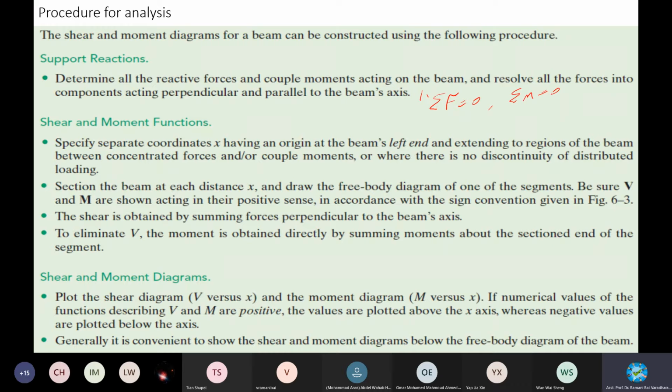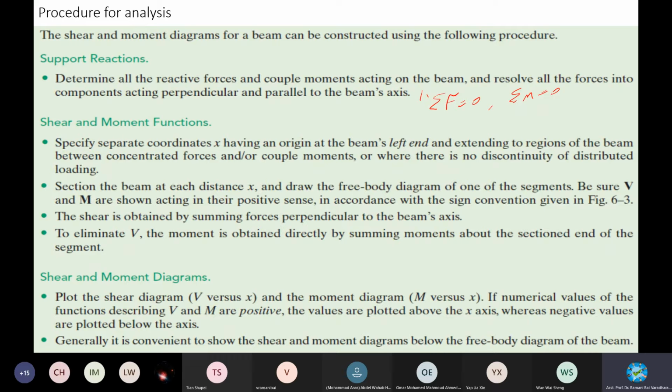So either you follow these kind of equilibrium equations to solve, or otherwise the compatibility equation. Compatibility equation means about the material property. You may be given the factor of safety, you may be given all the forces, or, what do you call, the ultimate stress.